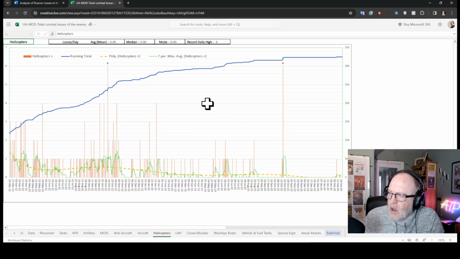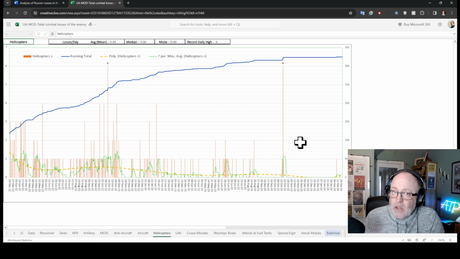With the helicopters, I'm not sure they added the helicopters to these lists from the ATACMS strikes on Luhansk and Berdyansk airfields. I don't think they did, and I'm not quite sure why they didn't do that, but the claim was they lost, say, 14 helicopters in one fell swoop. I don't think that's reflected on these figures. There's not enough data really to tell us too much, other than recently helicopters have not been taken out as much. And what does that tell us?